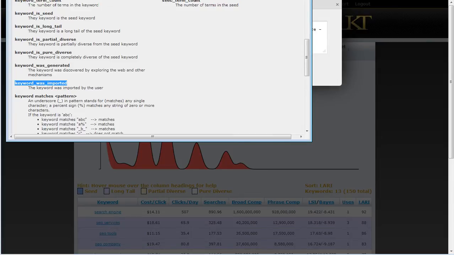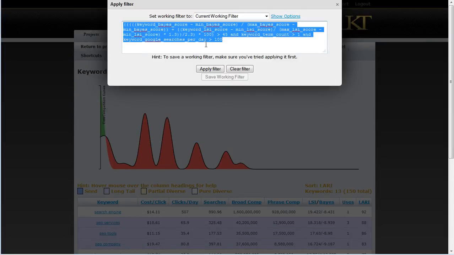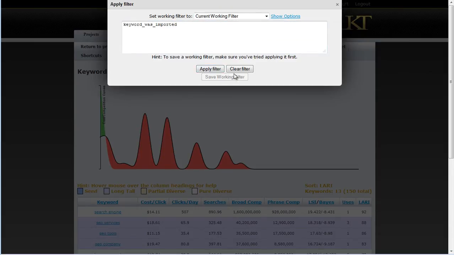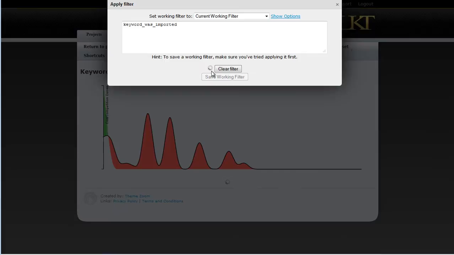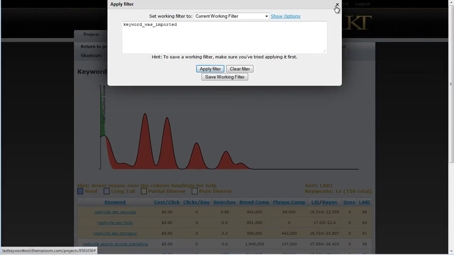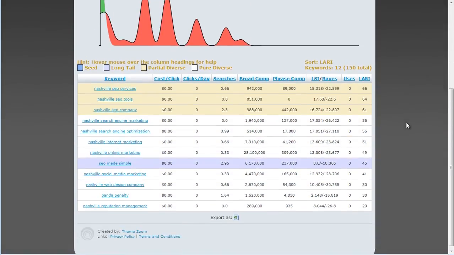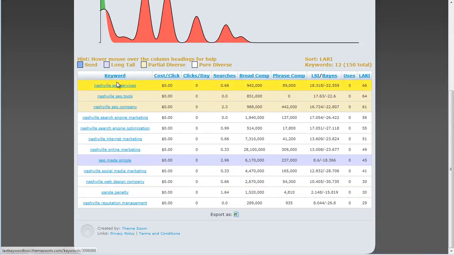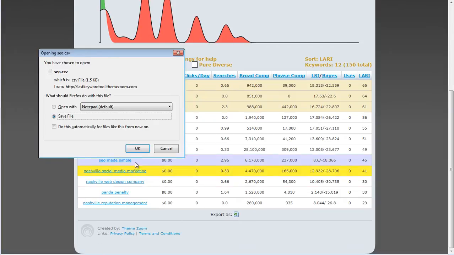Now this is just a true-false kind of a thing, and so we're just going to say keyword was imported. That's going to give us the list of keywords that were imported. And now when I come down here, I've got the list of keywords that were imported. You can see they're all the Nashville terms that I imported here, except for the panda penalty, which I imported the other day on a webinar. Alright, so now I'm going to save this off in a list.